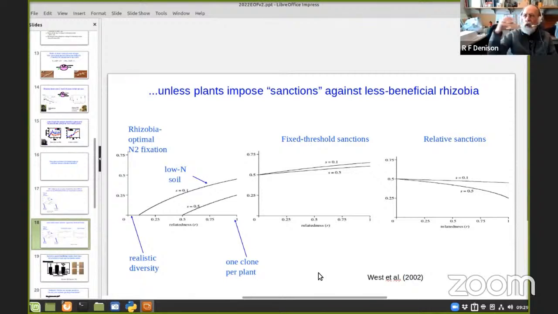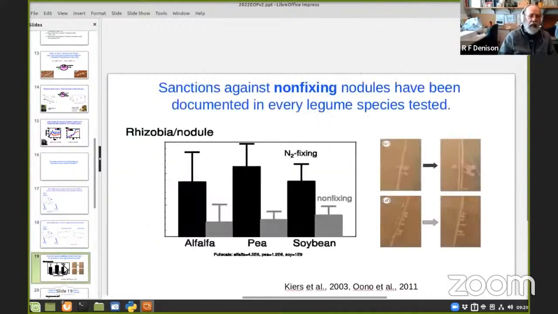But from the standpoint of longer term evolution, there'd be a community level benefit because shutting down the bacteria in that way means that next year you've only got better bacteria in the soil. But can plants do that? Well, to answer that question,